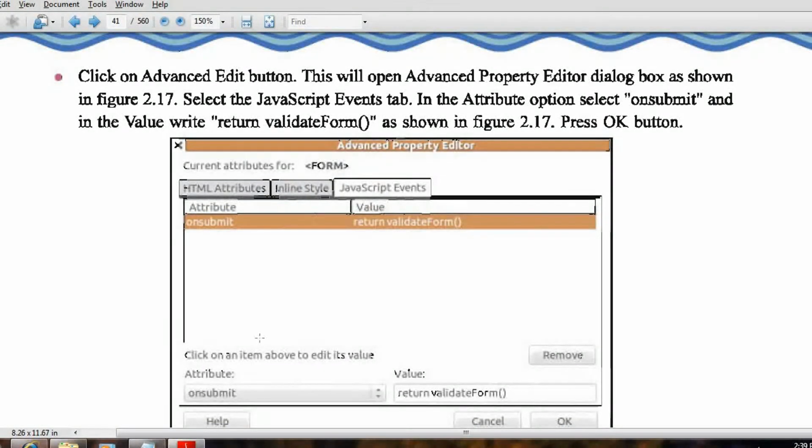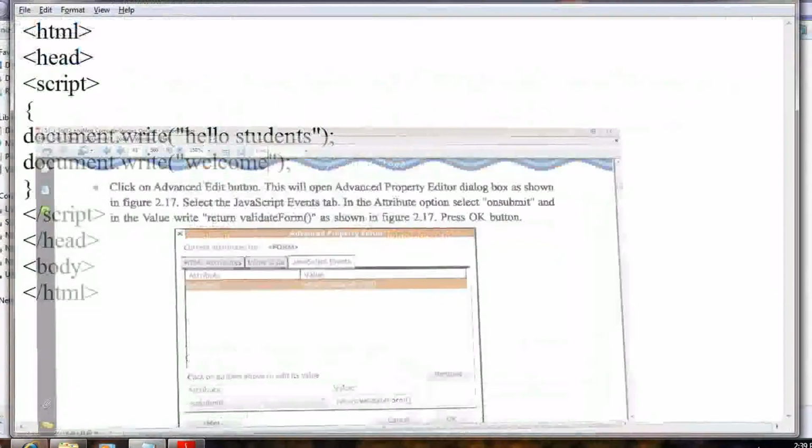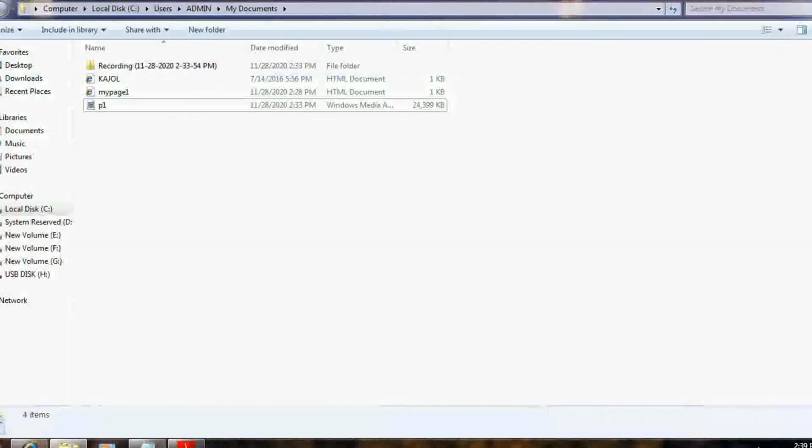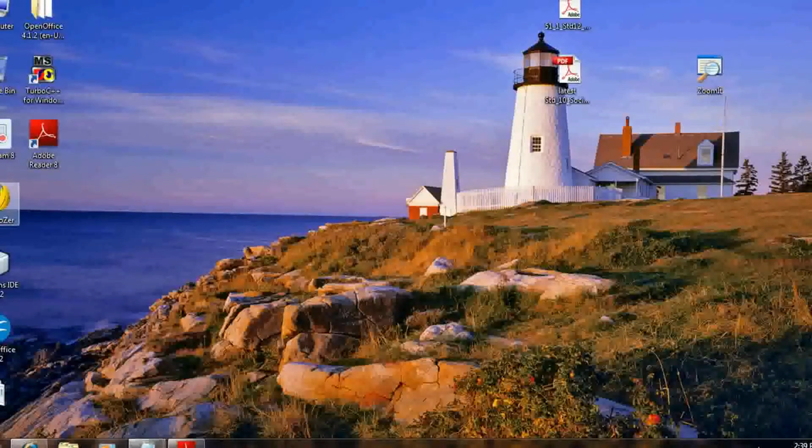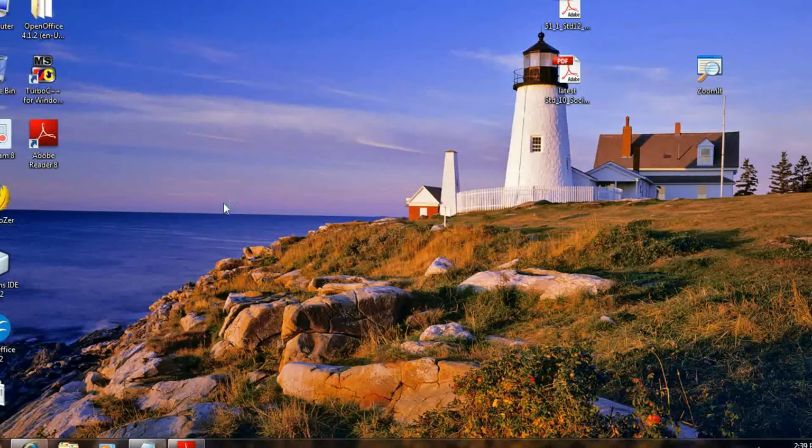So first we will go to Composer, and in Composer we will create the form.